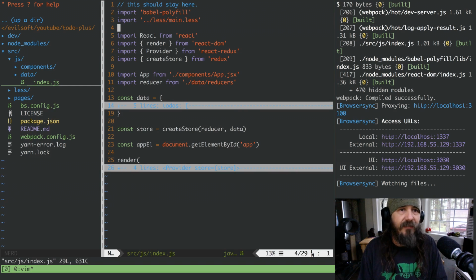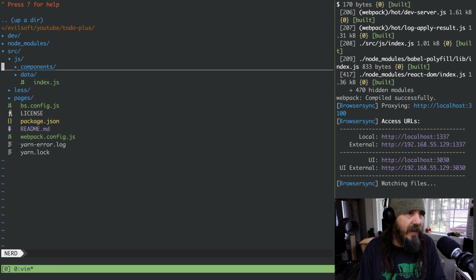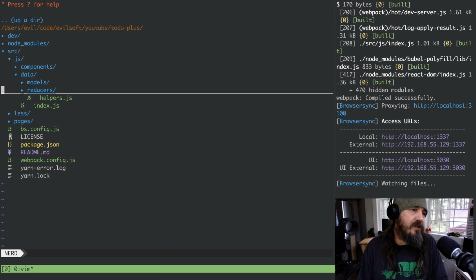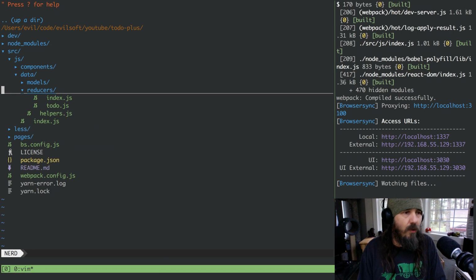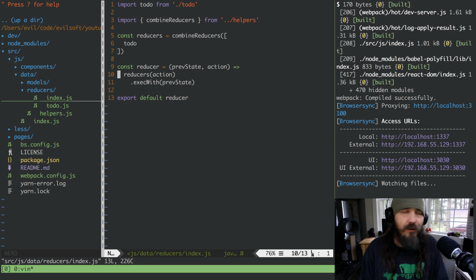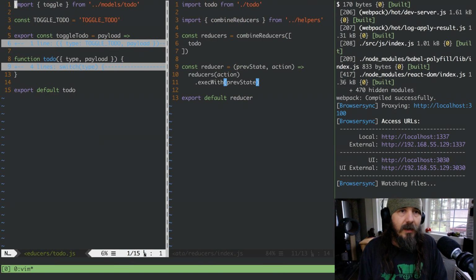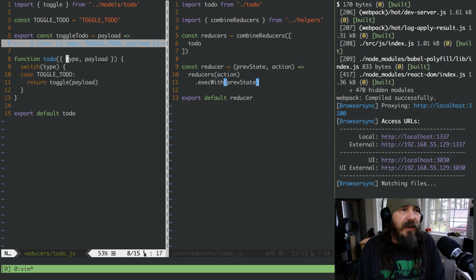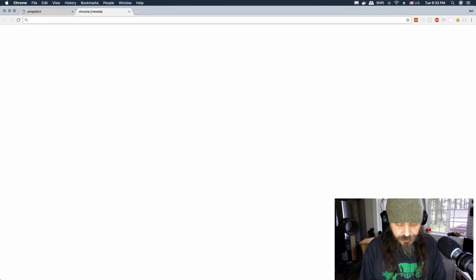Now when we open stuff, notice it doesn't open the linting gutter. That way we can save the space that we have. We have this directory structure, and inside of here we have our normal reducers and an index to actually load those in. And this is going to be our root reducer. What we want is to have all of our reducers, when everything's said and done, return a state and then execute that state with the previous state. So if we look at a reducer, and if we were to look at React's reducers in that example,